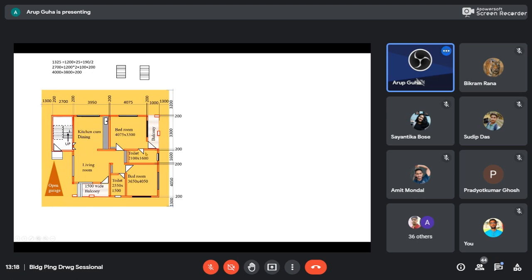ঠিক আছে? আর এইখানে actually when you enter this toilet, this part probably will be the WC part, wash closet part. This part will be the part where you take bath, and the slope will be from, this will be at upper elevation, this will be at lower elevation. The water will trickle outward. ঠিক আছে? হ্যাঁ বলো।